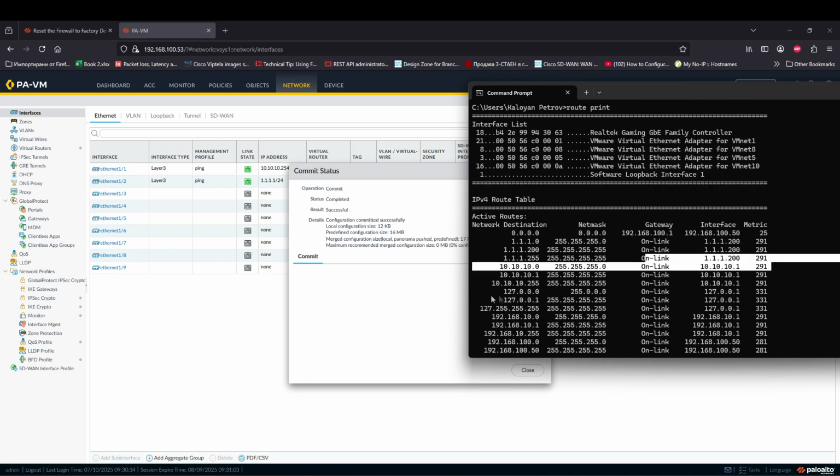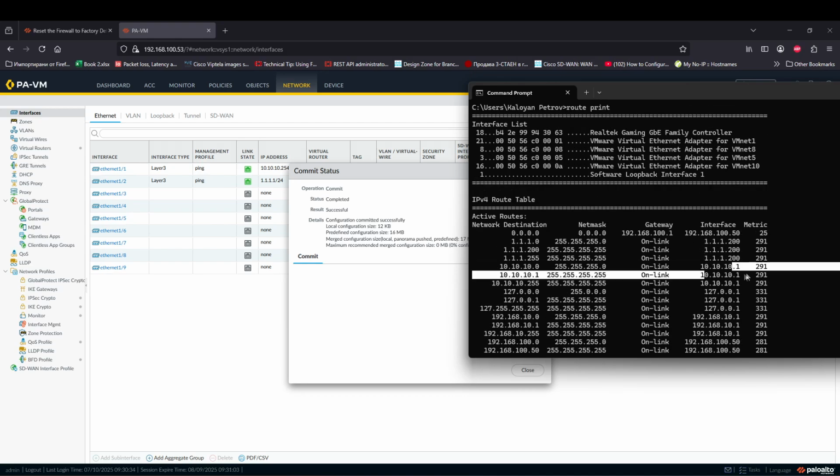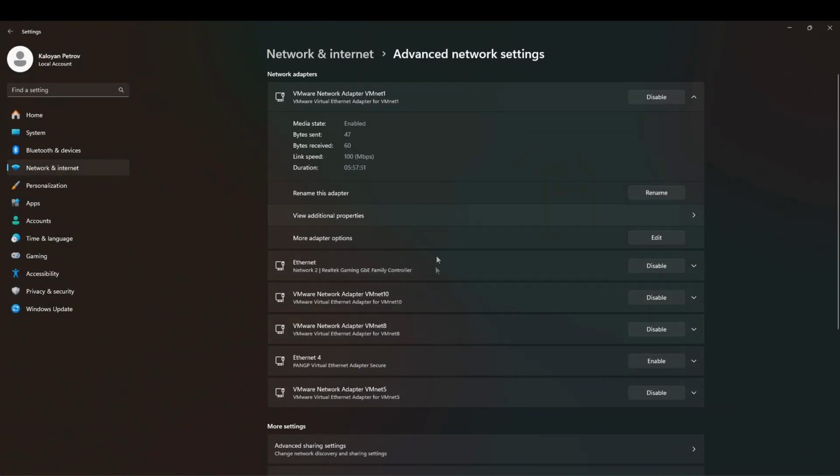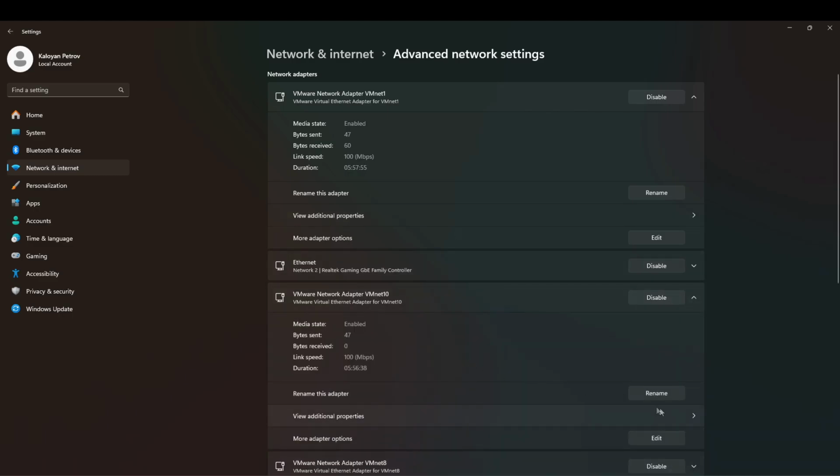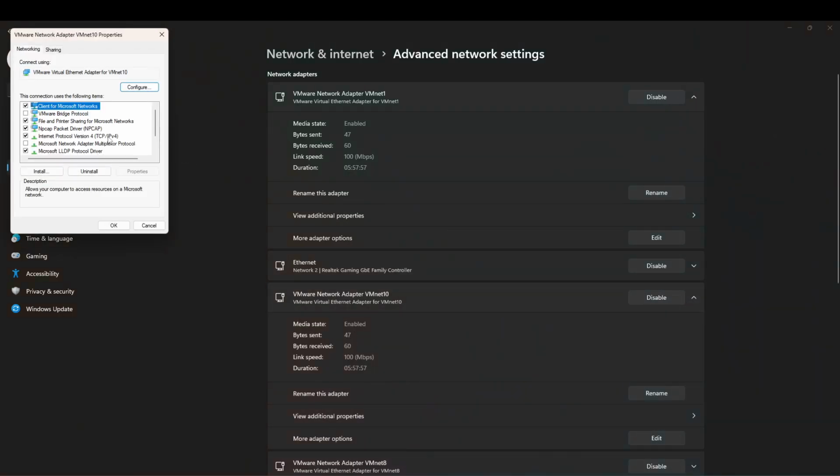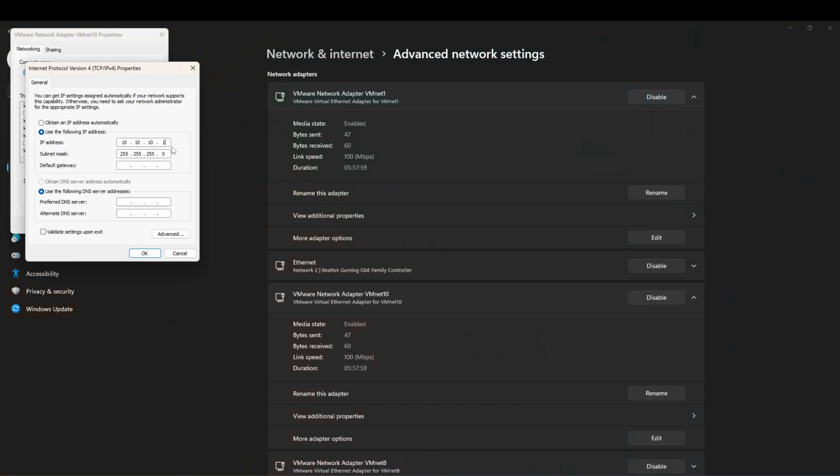So the 10.10.10 is on link, and this is the interface on my host. Okay. We said that 10.10.10 is not pingable. Actually, I'm checking the wrong interface. And now if we verify this one,